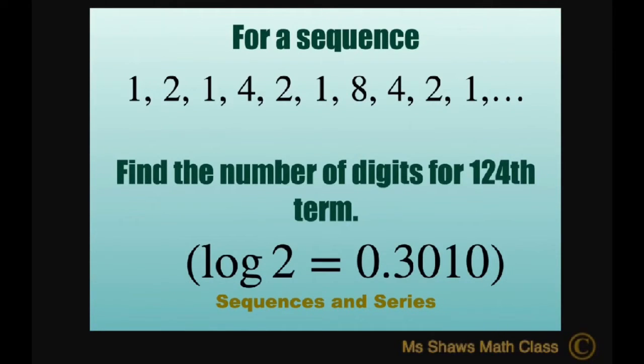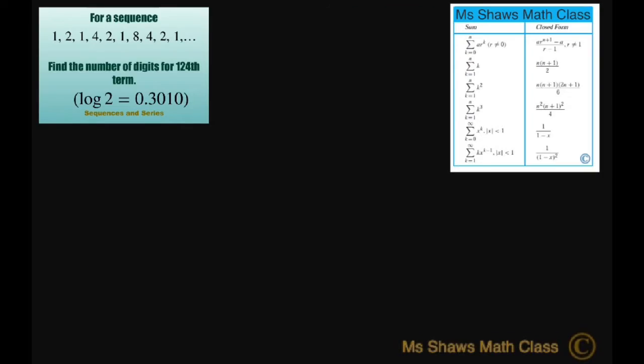For the sequence 1, 2, 1, 4, 2, 1, 8, 4, 2, 1, we're going to find the number of digits for the 124th term. All right, so what we're going to do is split this up a little bit, since we're trying to find the number of digits for a certain term, and write this as 1,